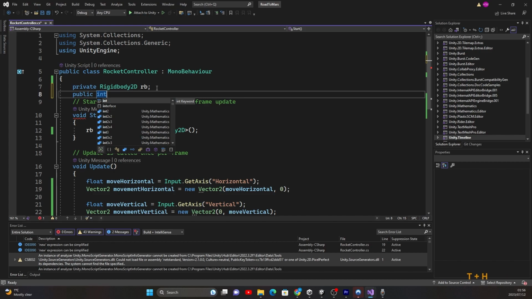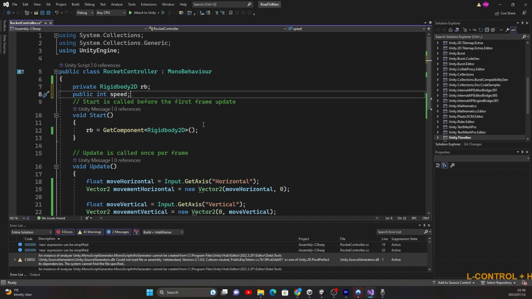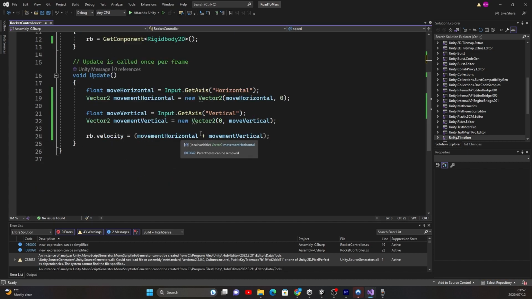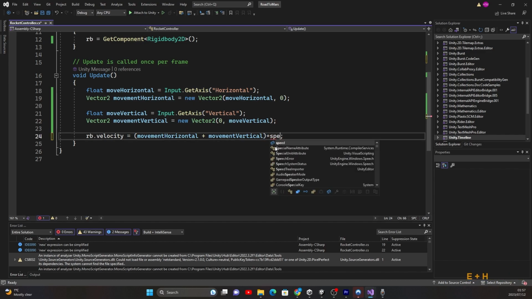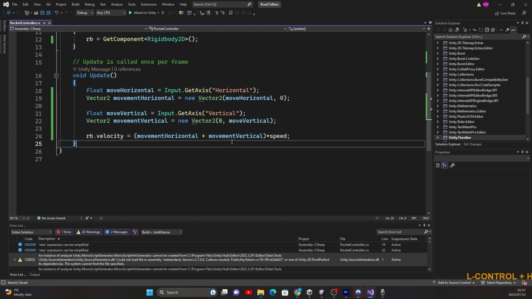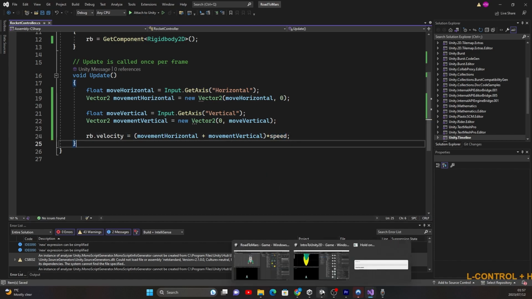Now this means it's going to be a whole number, so a 1, a 2, a 3, not a 1.5 or anything along those lines. And we're going to call this speed. So we've got that, we've got our semicolon, which is very important. And to get our speed active, what we can do is multiply that by our speed. Let's save it, go back to Unity,